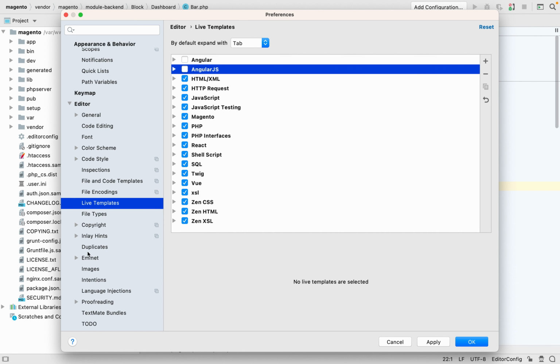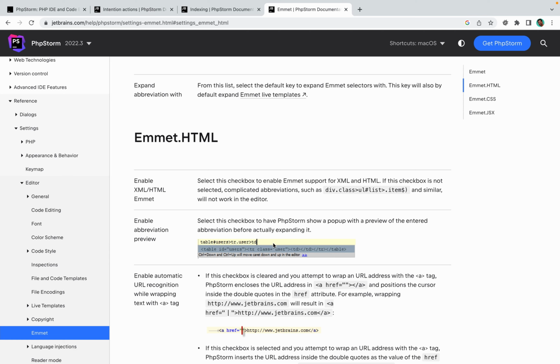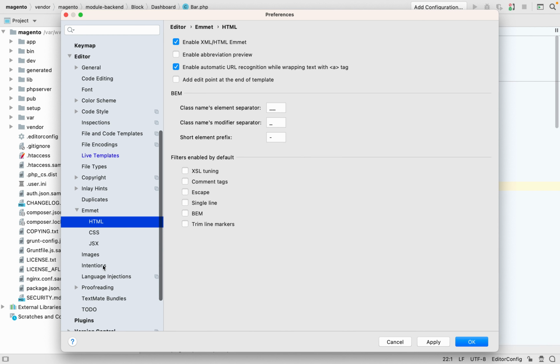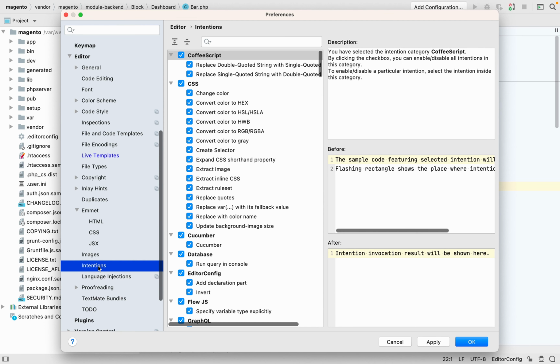Next thing that you should do is disabling this MH. MH are basically used to generate code like this. So if you are not using MH, you should disable the MH here in this MH section for your target programming language. And another thing that you should do is disable intentions in the same editor section if you are not using intentions.